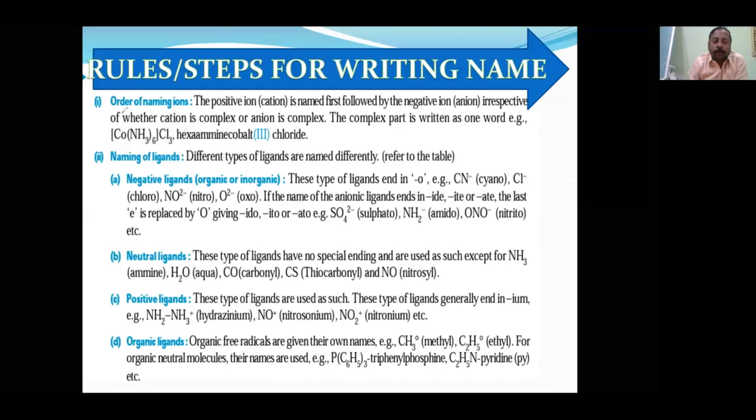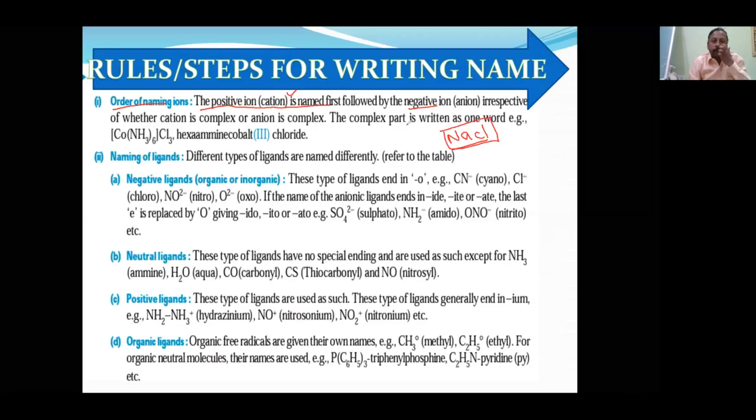First of all, in organic naming you have to follow some order, like first the primary prefix, then prefix, then word root, then suffix, then secondary suffix. Like that, in every naming you have to follow some order. First of all, everywhere it is followed that the cation is named first, followed by the anion. We never call it chlorosodium. We always call it sodium chloride, because this rule is already fixed in our mind. So positive first, negative last.